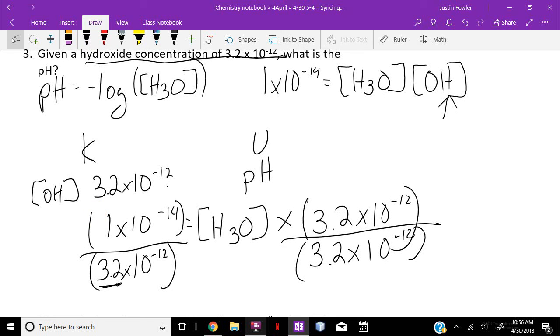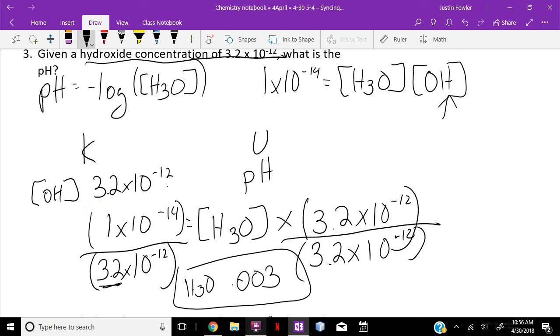So at this time, I'll put that in my calculator. (3.2) times 10 to the negative 12. And I get 0.03, or sorry, 0.003 as my